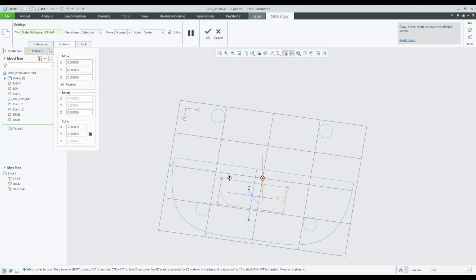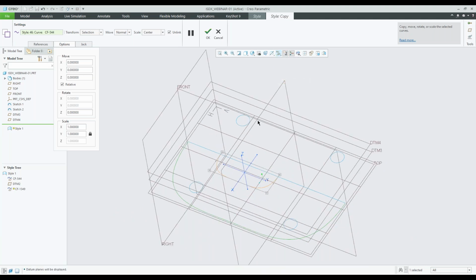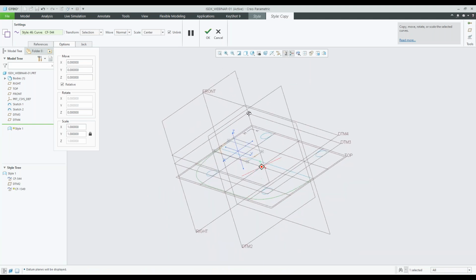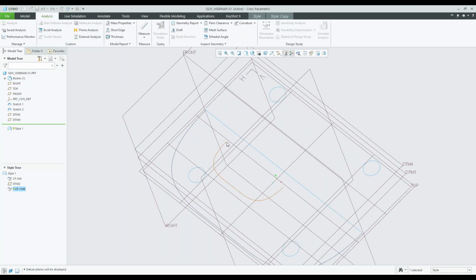All right, so now if I turn on my planes right here, plane display, we can see we offset that curve, copied it, offset it, but we're not aligned with that front plane. We want to be aligned to that front plane. So let's take a look at how far away this endpoint is. Let's grab that, go to